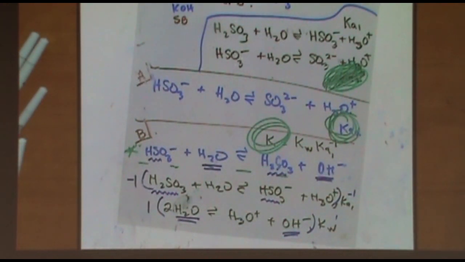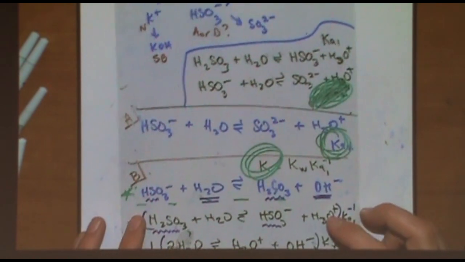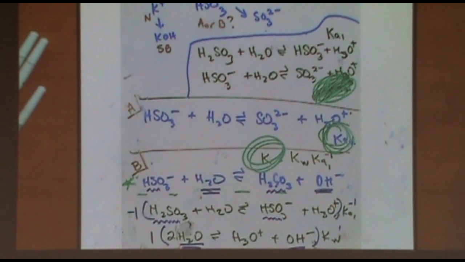Okay, polyprotics. Let me say a little bit more about polyprotics. Given any polyprotic acid, you should be able to write all the reactions out, K1, K2, etc., whatever exists. You should be able to write all the K values, and then the classic style question is, what's the pH and what are the equilibrium concentrations for all species? For that kind of problem, you would only need an ice table if the polyprotic acid is weak. If it is strong, you don't need an ice table to solve that problem. The K1 value is much larger than K2, which is much larger than K3. The other thing that is helpful to know,